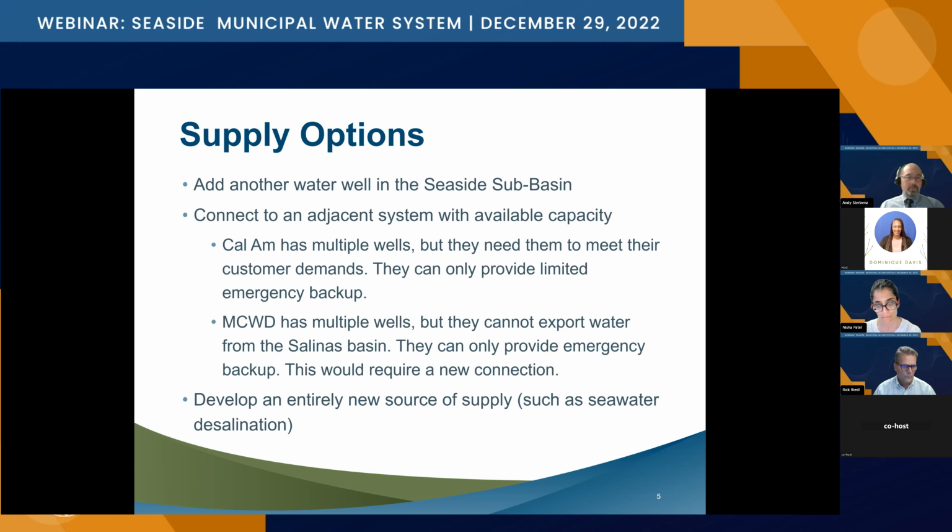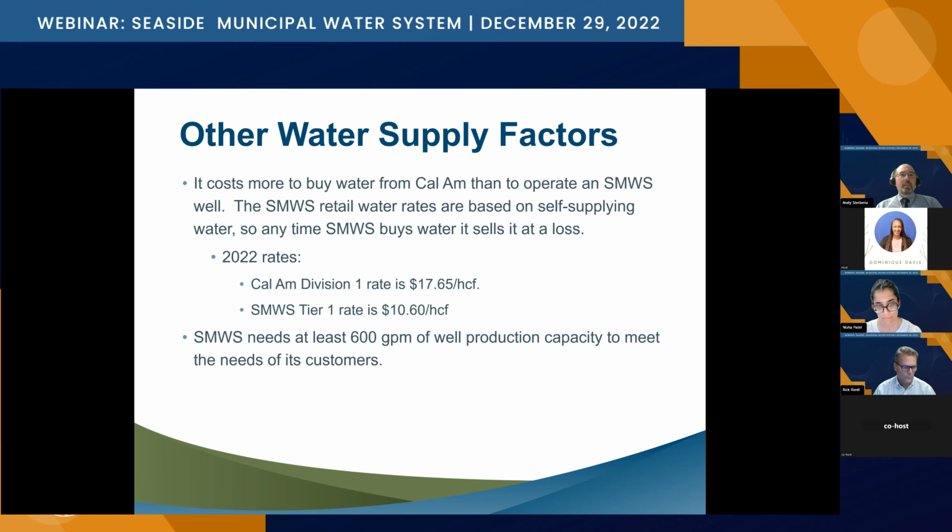We could develop an entirely new source of supply. We could desalinate the Pacific Ocean, but that is so much more expensive than just drilling another well in the Seaside aquifer. It's off the table. So other things we have to think about when we're looking at water supply, we would need to look at